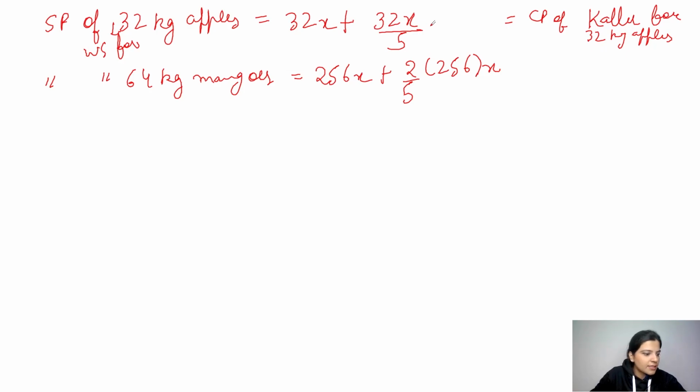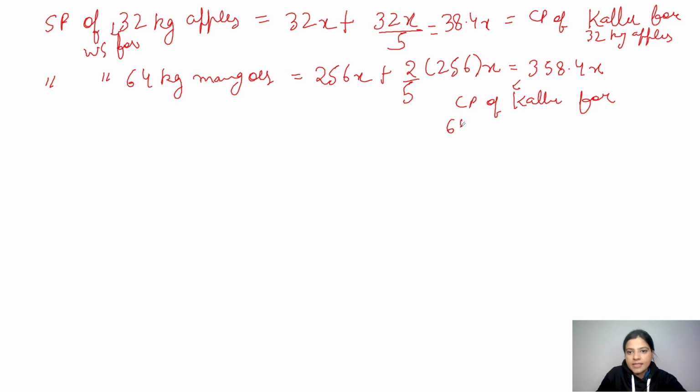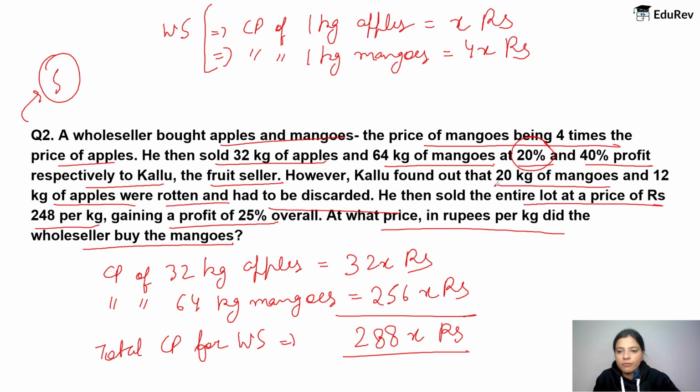So when you solve this, this comes out to be 38.4x. And when you solve this out, it comes out to be 358.4x. And this is also nothing but CP of Kalu for 64 kg mangoes. Now, unfortunately, what has happened, you can see that Kalu found out that 20 kg mangoes and